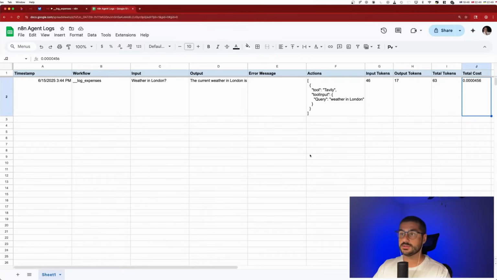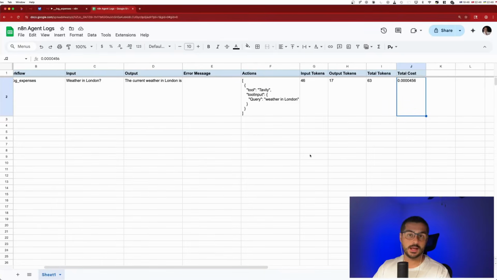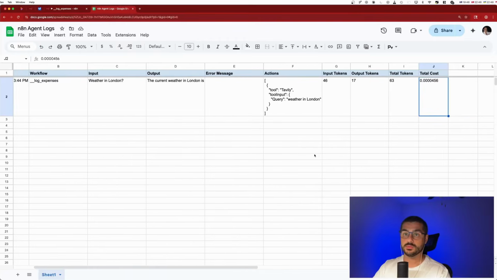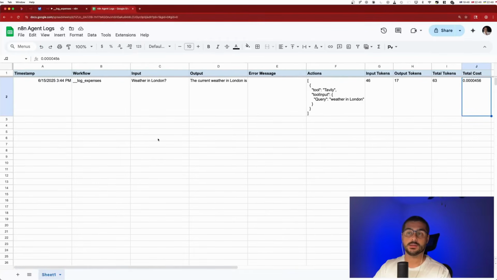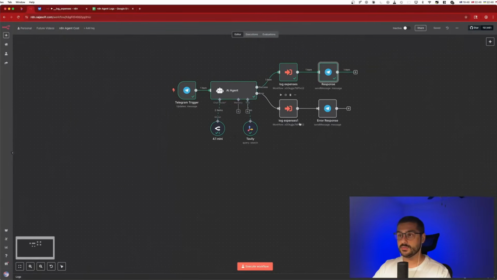And in this way, you'll clearly see things like, say, you switch to a better model, right? And by using this model, let's say for a week, you'll be able to understand how much more expensive it is for you, how relevant the answers are, or maybe how much cheaper it is for you. And maybe the answers will be better. So this kind of logging is a very, very useful thing. And let's get back to the main workflow.